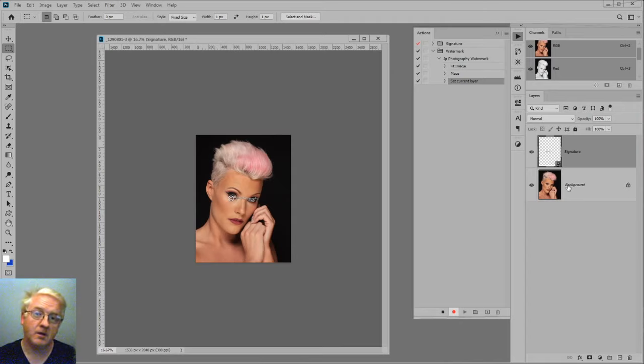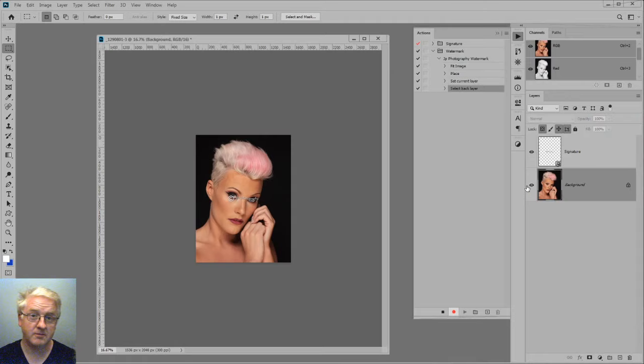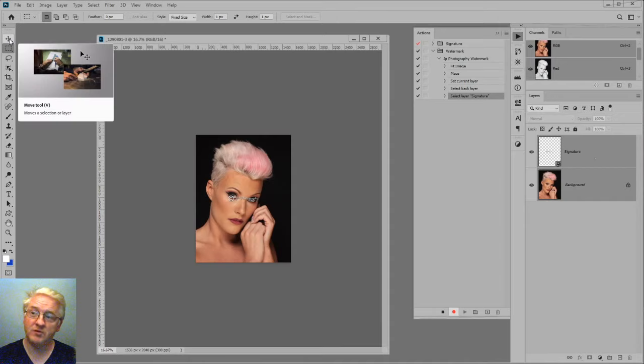So we need to select the background layer. So go Alt, comma, and it selects back layer. Then hold down the Shift key and select the signature layer. So hold down Shift and left click on the signature layer, and it selected the two layers. Alright, and then if we click on the move tool in the top corner,